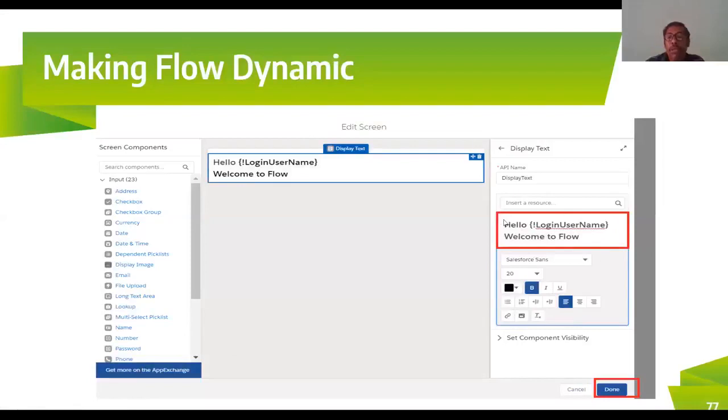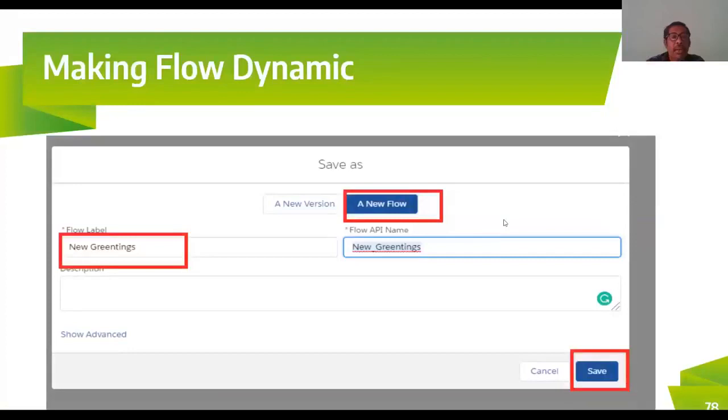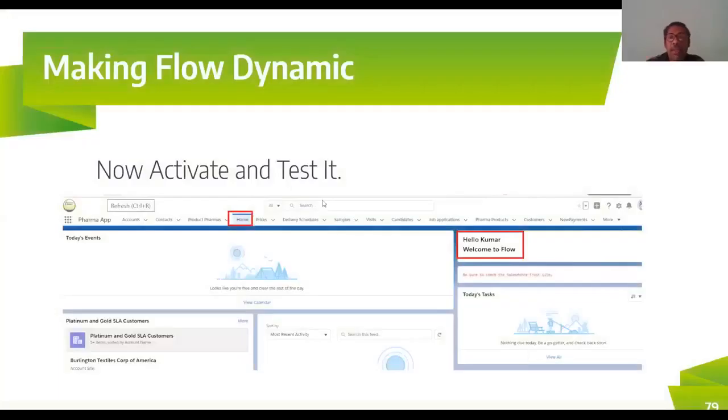I'm going to remove the word and insert it. Once it is done, I'm going to change the version of the flow. I said earlier that I'm going to create a new flow, but instead, I'm going to change the version of the flow. The flow name is going to be the same, only the version would change here. Then I'm going to save it. After saving, I have to activate it and then test it. Now we have to go and test it.